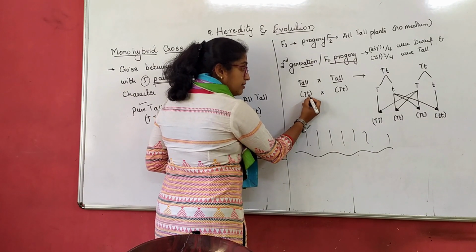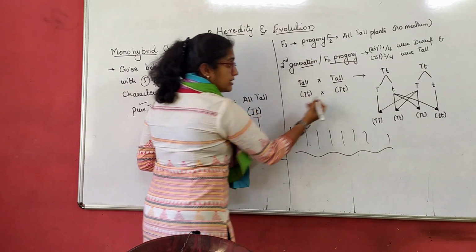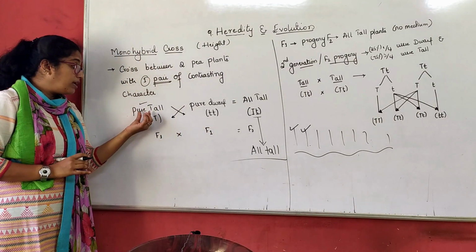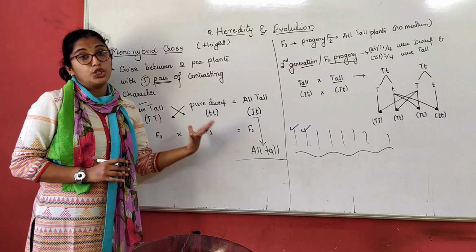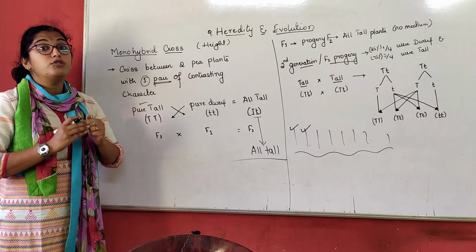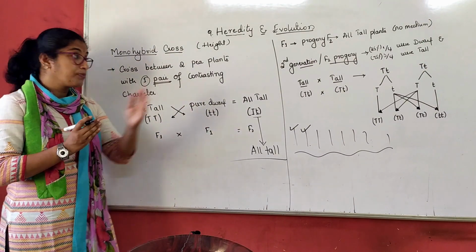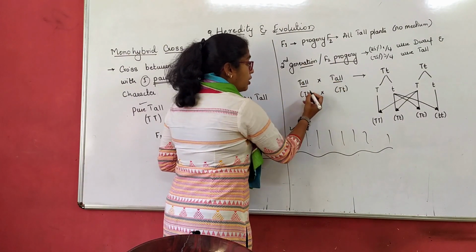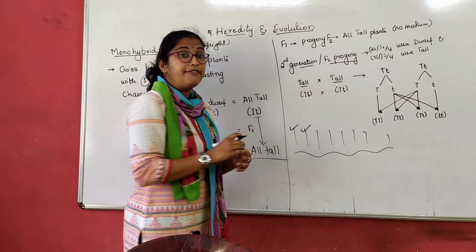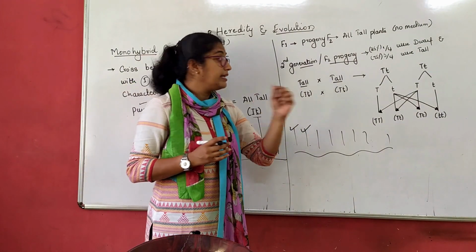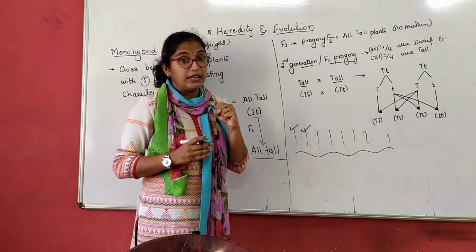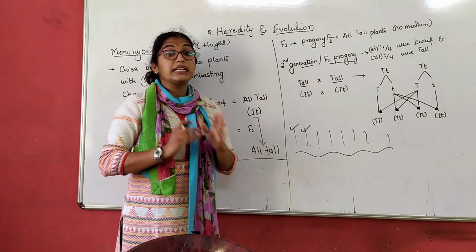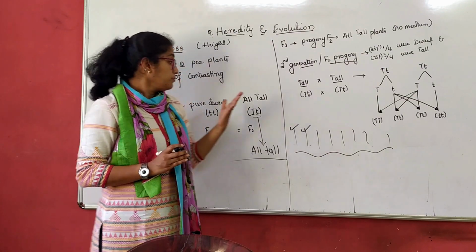T, that is dominant, recessive, dominant, recessive. Correct? Just check here. That is why I told pure tall, pure dwarf, which are called homozygous, similar type. Now here in the second generation, what has happened? Both are tall, but what are the alleles they have? They have tall and dwarf alleles. Tall and dwarf alleles. That means these type of breed are called heterozygous breed.